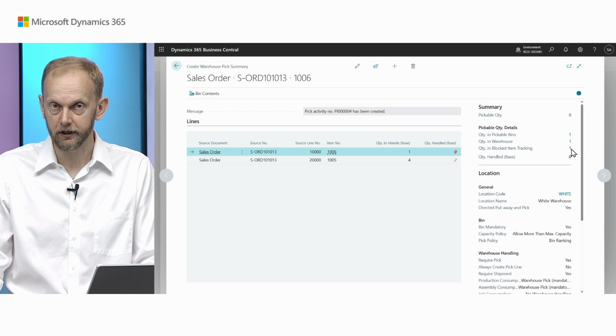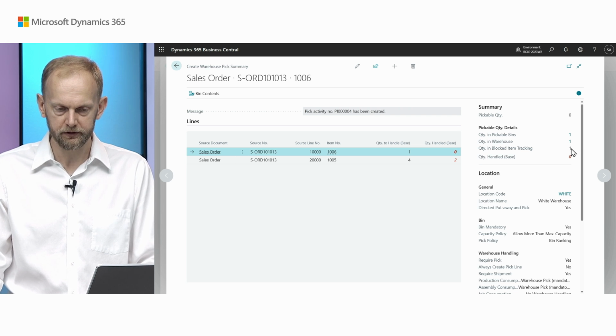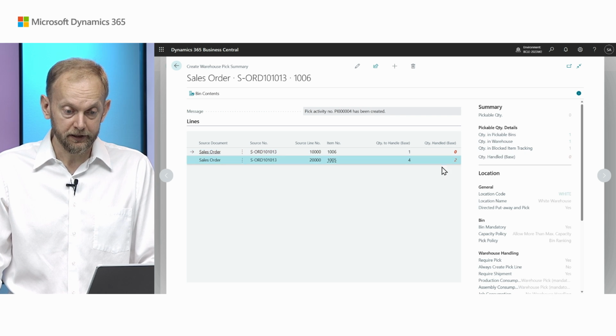And I get this information again right here. So I just need to find this item, figure out why it is blocked, maybe unblock it if necessary, and also unblock myself. Let's take a look at the next line.